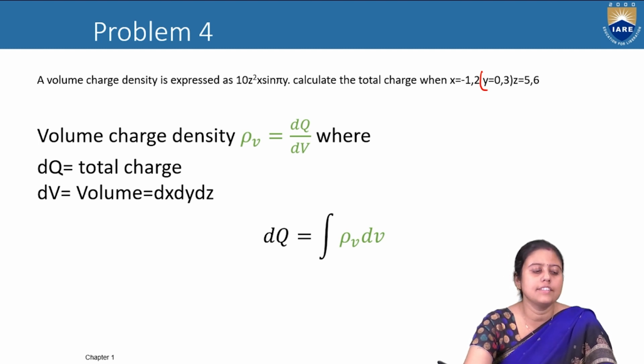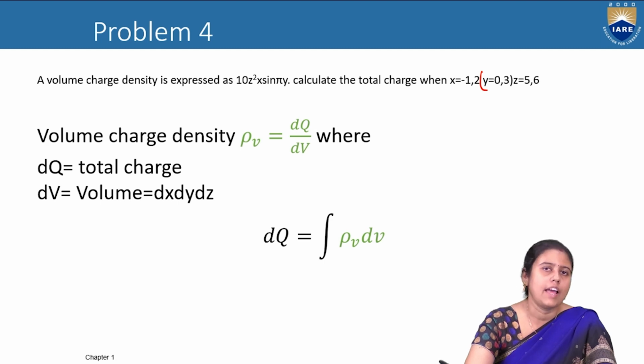We know that the charge density is of 3 types: line charge density, surface charge density and volume charge density. Volume charge density means charge per unit volume. So what is the amount of the charge? dq is equal to the total charge. What is the volume? Volume is always dx into dy into dz, because we are taking a rectangular